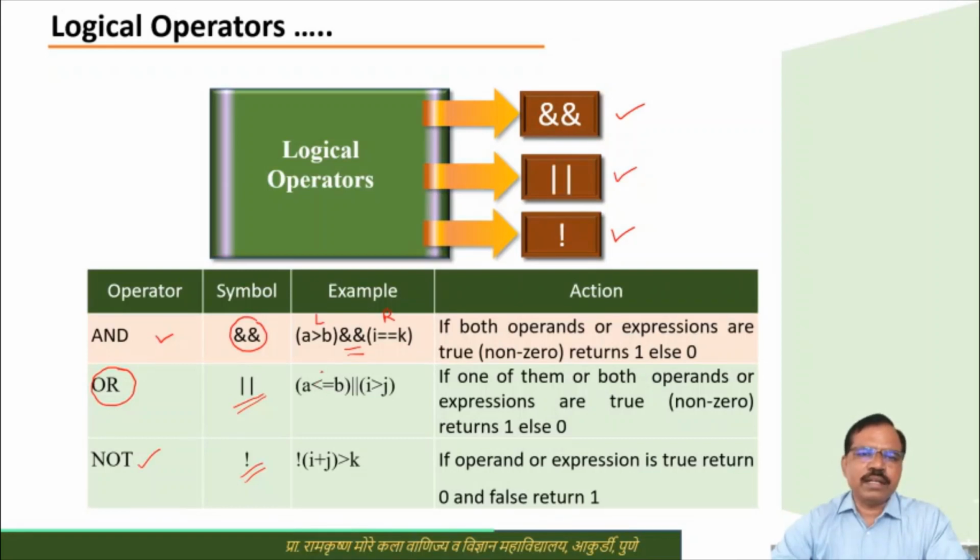If we go to the OR operator, this is the left hand side, this is the right hand side. If both operands are 0, you will get output 0. But if one of them or both are true, you will get output 1. In the NOT operator, we have only one operand and the NOT operator operates on that operand. This operand may be true or false. If the operand is true, that is logically 1, NOT of 1 is 0. If the operand is logically 0, NOT of 0 is 1. In this way, the NOT operator works in a C program.